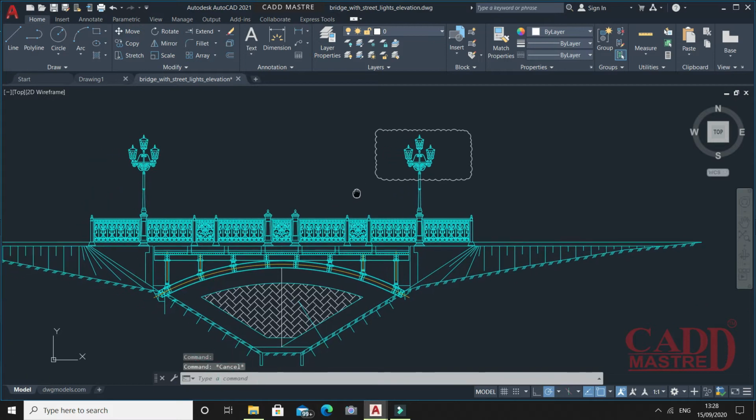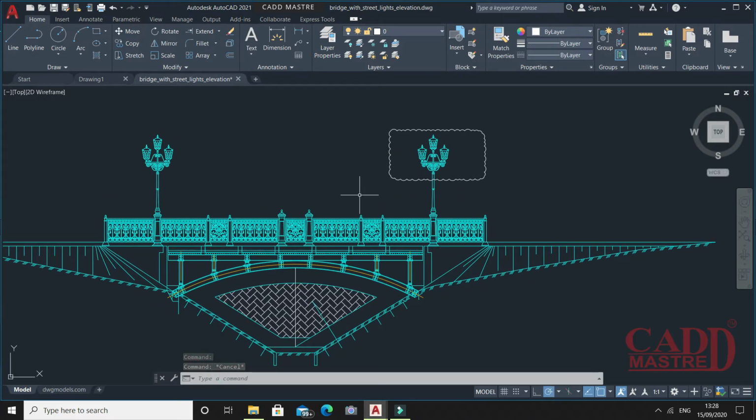If you want to change the arc length to constant or variable, you can have control over the revision cloud. Just type REVCLOUDARCVARIANCE. Now here the system variable is on. So if you want to lock the arc length of the revision cloud, you can turn it off. So by changing the variable, you can control the arc length of the revision cloud.